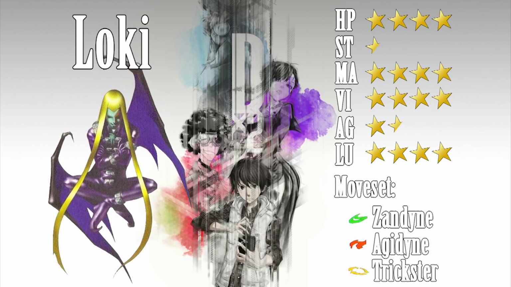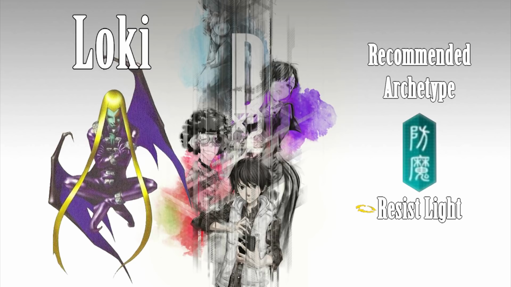Loki is a strong magic attacker with notable stats in its HP and vitality, which mean it can take more hits than other magical attackers. Alongside those stats, Loki knows Ice, Resist, Force, and Dark. Covering 3 types of attacks is so incredibly good. Its only weakness is light, therefore you want the teal archetype so you can get resist light to cover its